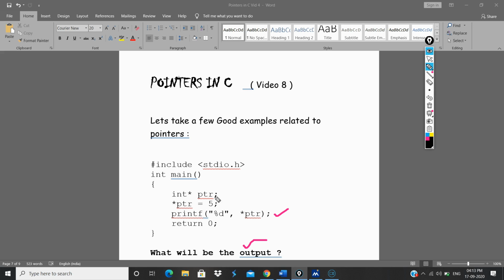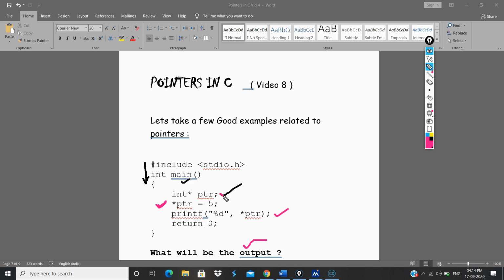Analyze one thing. Here you have declared a pointer, this is okay. Let's do it one by one from top to bottom, how the statements get executed in the main function when the compiler reads it. This line has no error, star ptr is equals to 5, and then we have given this. Now you see, here you will find an error. Why will you find an error?